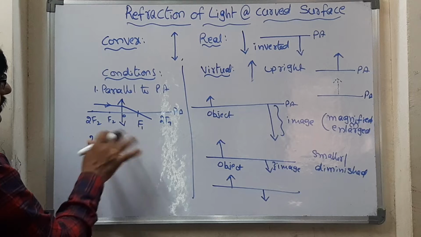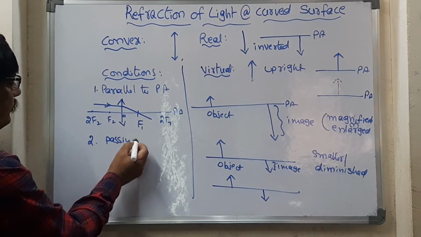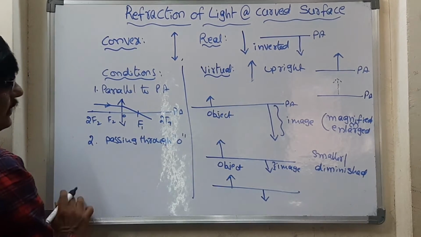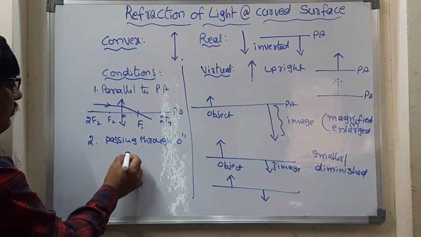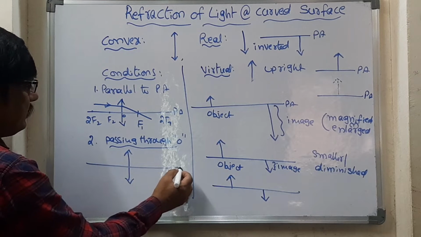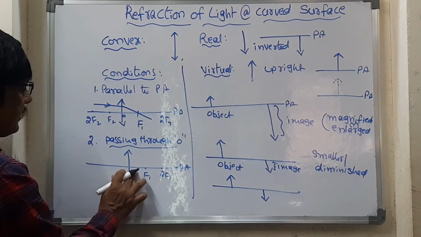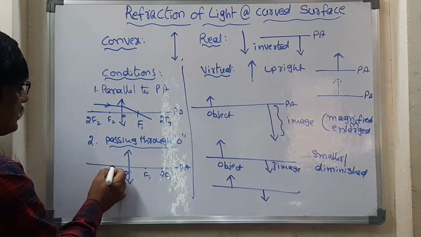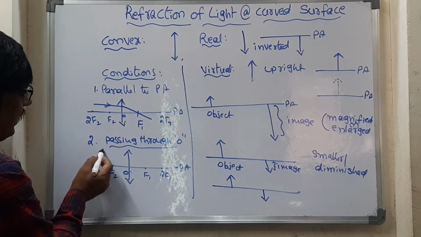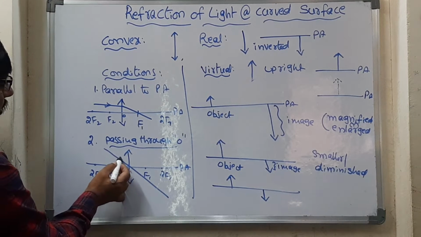First step, what we have to do. The second step is the ray passing through the optic center. We used to call it the optic center, okay. And how will it be in this case also? Now let us see. Here this is the principal axis and 2f1, optic center. I will draw this side because the ray will pass towards that side, and f2 and 2f2, and the second ray has to be taken through the optic center. In this way the second ray we have to take, okay.